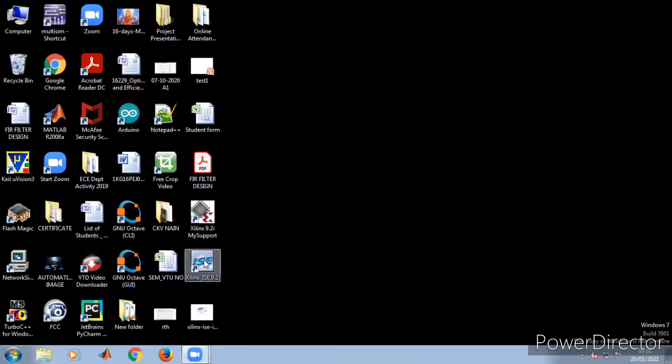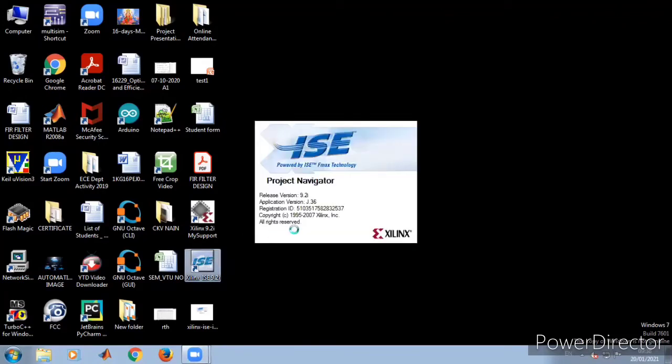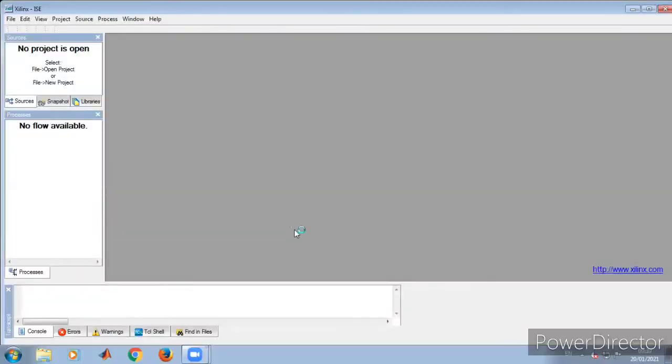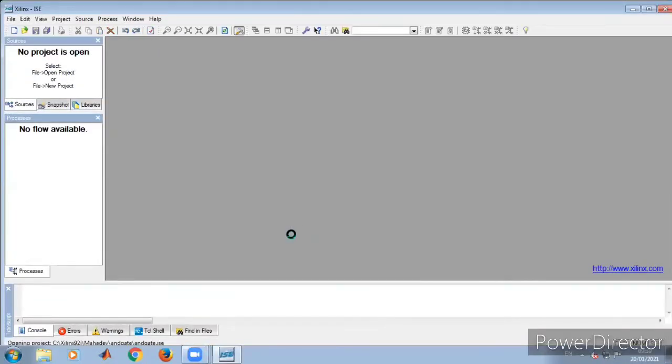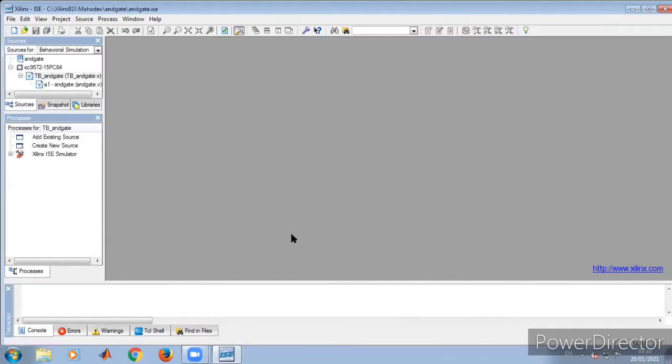So we can see here the Xilinx ISE symbol. Double click on this. The ISE Project Navigator window opens, where we have to write the program and execute it. Either we can verify it with the help of ModelSim or with the help of the Xilinx ISE simulator. Now first let us write the program of any one of the gates, or today I will be just concentrating on full adders.